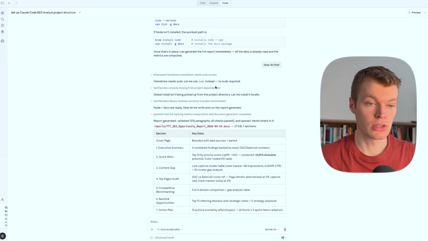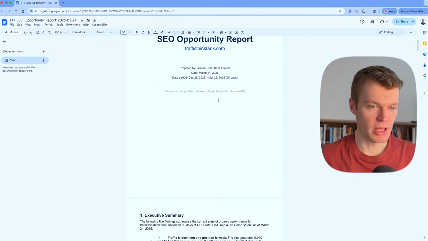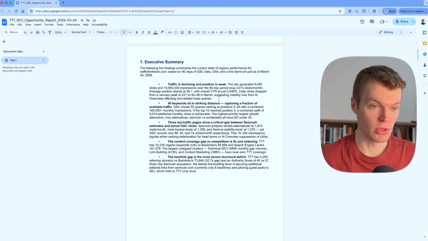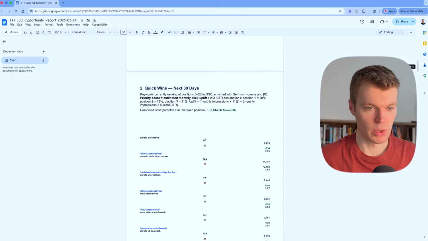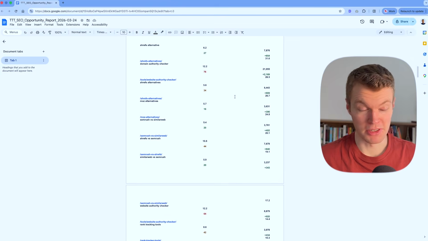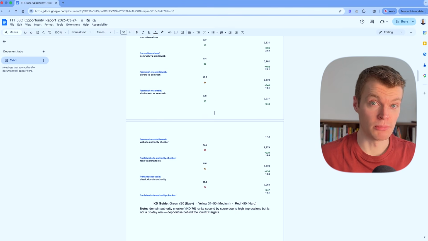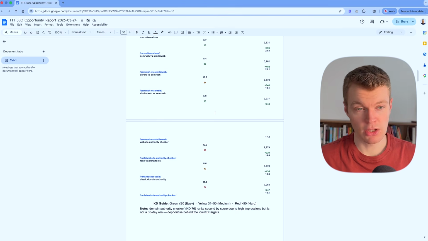So you can see here, Claude Code has produced the final report, and there's a whole load of information here, and you can see where it saved the report to. I saved that docx file and I opened it up with Google Docs. You could reformat this to look however you like, but I think as a starting point, things like executive summary and quick wins and things like this, again, formatting not perfect, but it's a really good start and something you could build on or tweak, customize